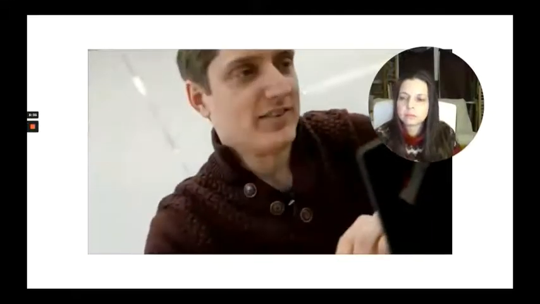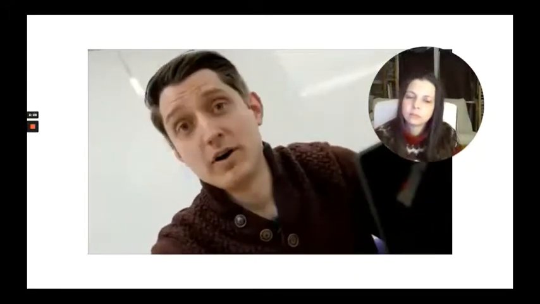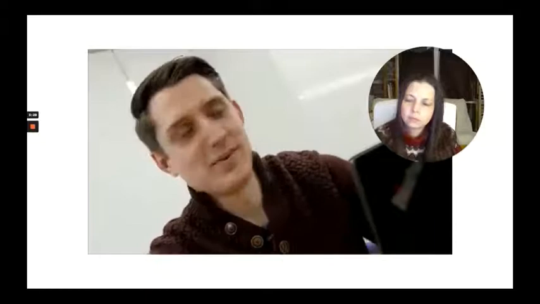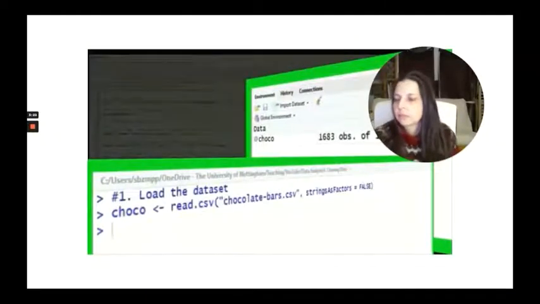So the data set we're looking at today is a kind of ratings for chocolate bars. This is why I ate my chocolate, or at least that's what I'm telling myself. So we'll read the data in. We've got 10 different variables. We've got nearly 1,700 observations. And let's have a quick look using the summary.